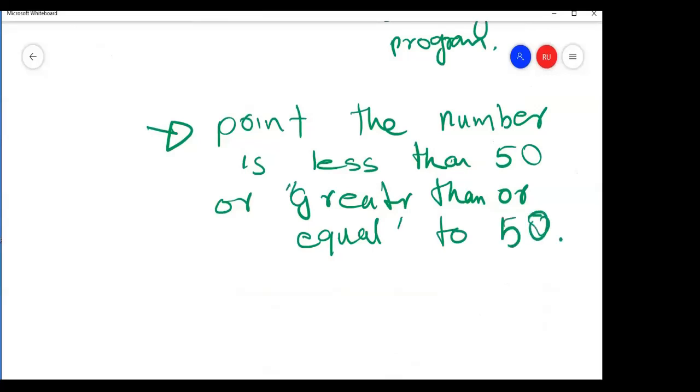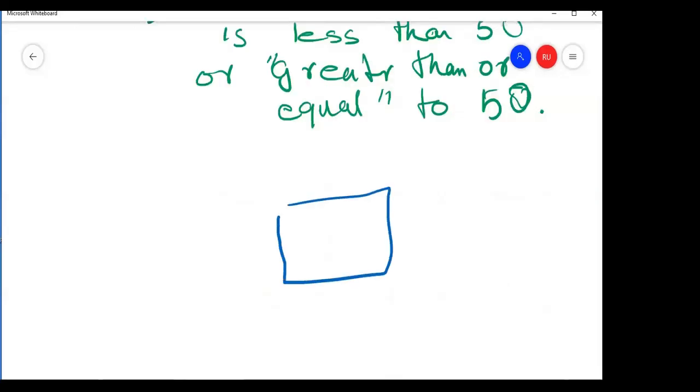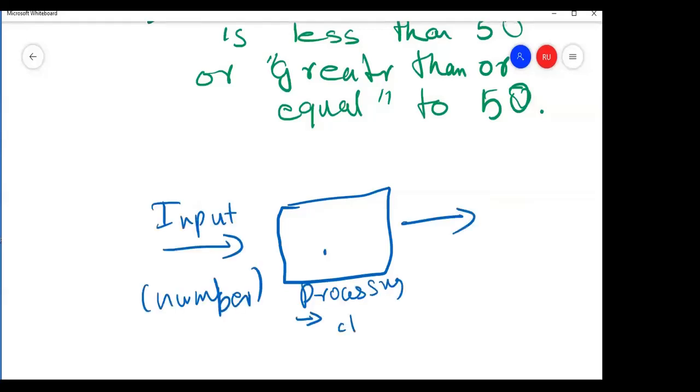So this is one. We have the input, and the input is a number. Now we will do some operation. Here in the processing, we want to check the input for a condition.